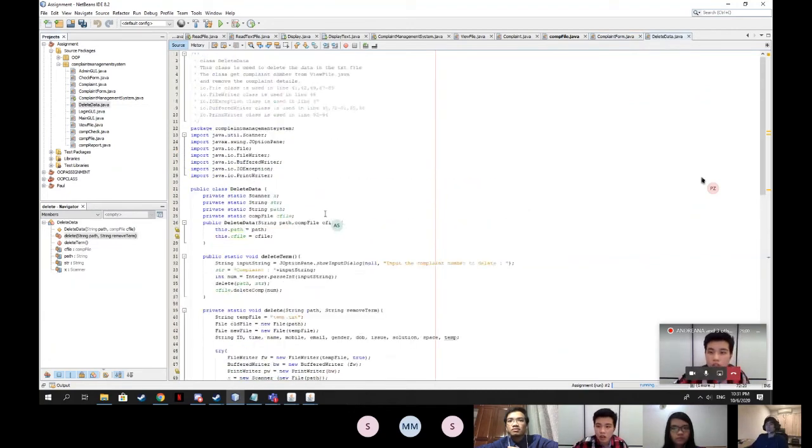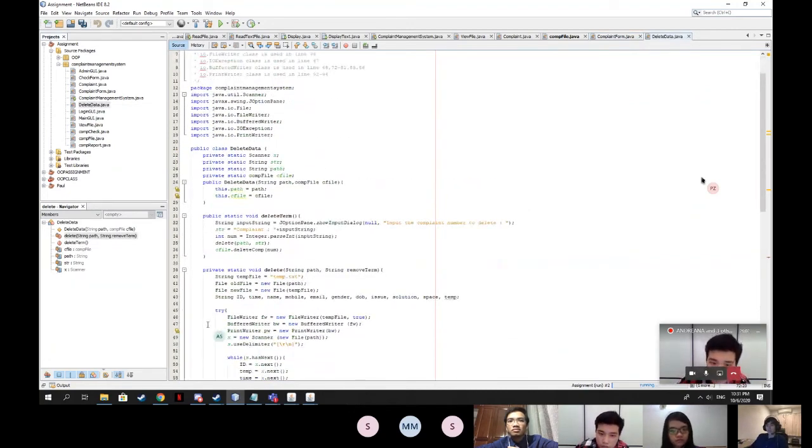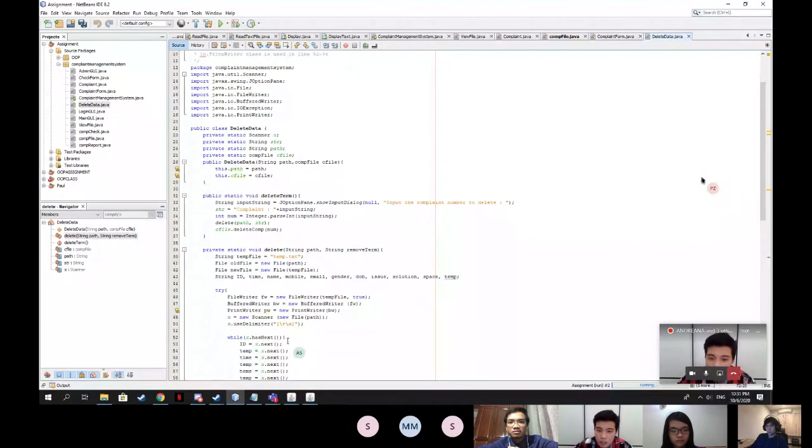which is in line 46. This is over here, also in the try and catch, where FileWriter fw equals new file, creating temp file with boolean true. The next IO class where it's been used is the IOException, which is